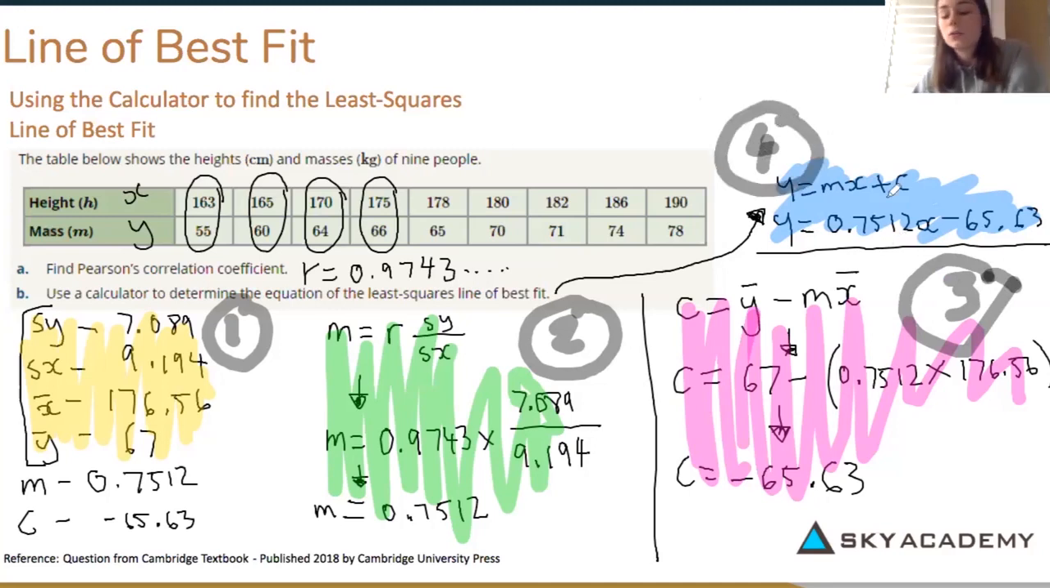So that's how you would calculate the least squares line of best fit. You would find all the values you need, sub those values into the 2 equations that we have, and then sub the answers of those 2 equations